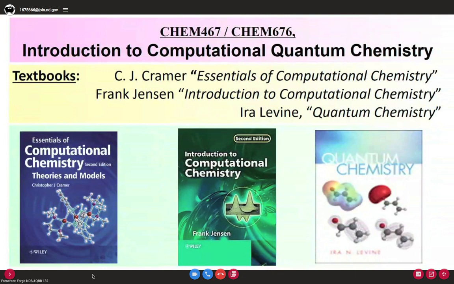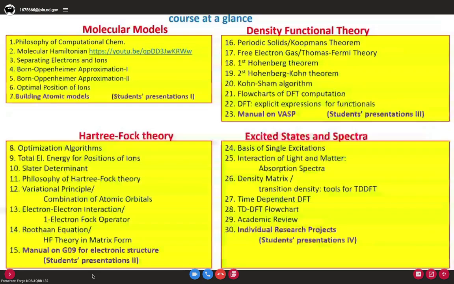Last time we were done with philosophy of computational chemistry and molecular Hamiltonian, and the goal for today's meeting is, of course, to refresh what was considered last time, realize the main challenge, and pave the way to resolve it. I'll summarize it right now, there will be no intrigue. The main challenge is that